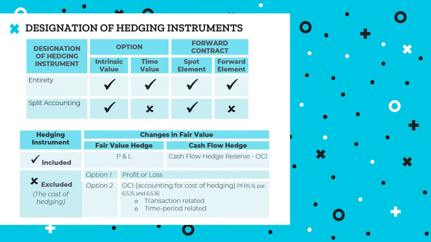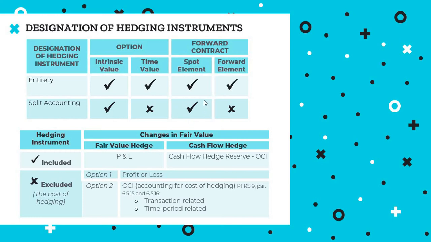So ngayon, ang next naman natin gagawin is paano ang ating accounting for the hedging instrument kung ang ating forward contract, yung changes sa value ng ating forward contract will be separated into the spot element and forward element. So, bakit natin kailangan i-separate yung amount attributable to the spot element and the forward element? Kasi yung amount attributable to the change in the forward element, this will be excluded as part of the hedging instrument at only the change related to the change in the value of the spot element is included in the